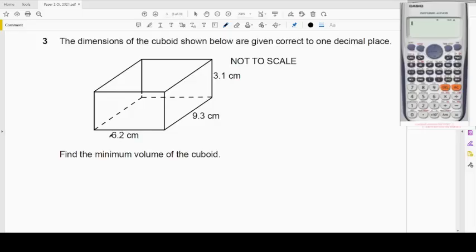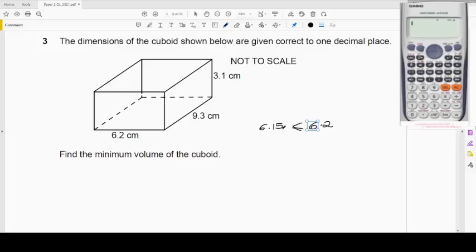It could have been maybe 6.19, 6.199, and so on. And the same thing with this one. This could have been 6.27, for example. Okay, now what we want to do is find the minimum volume. Now, when you round something off to 6.2, you need to figure out what is the range that that number had to be in for me to round it off to 6.2. So you can say this 6.2 had to be between